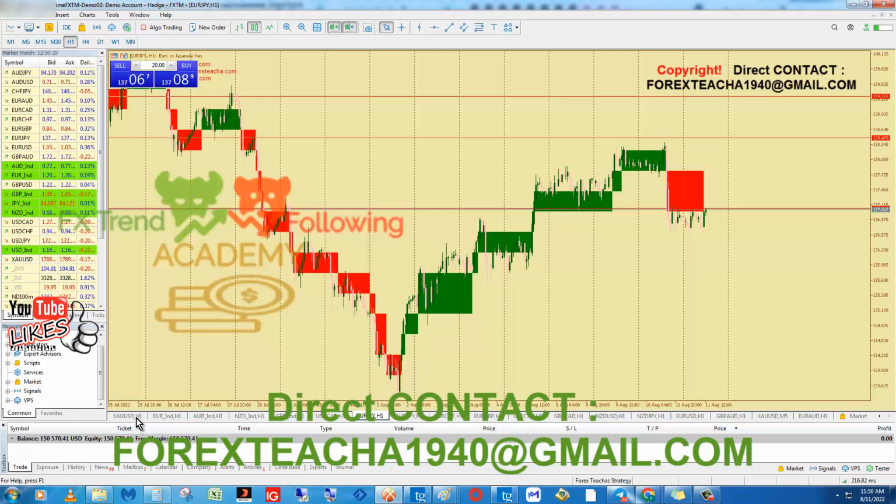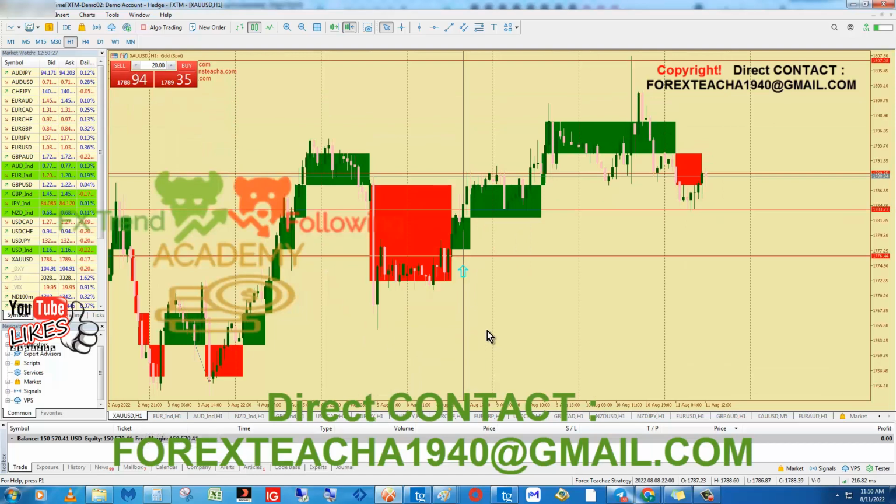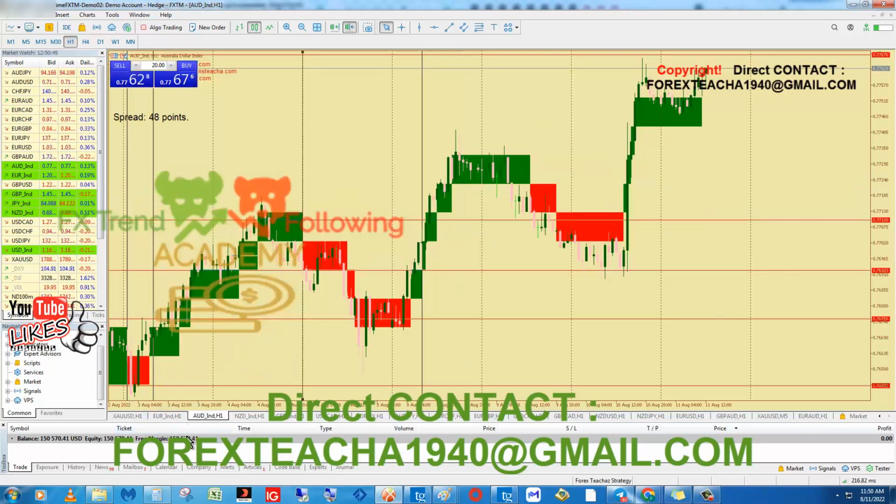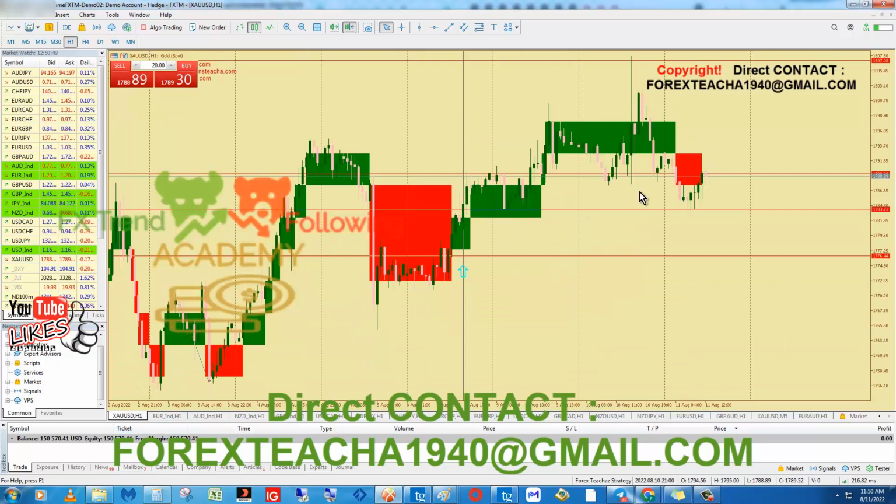gold. This is the symbol for gold. You need to understand the correlation between gold and the Australian dollar index. Most of the time when you see gold giving you a buy signal, when it's strong, it means the Australian dollar index is also strong. But there are times when they are not going in line with each other. Sometimes they are not moving together, but most of the time,